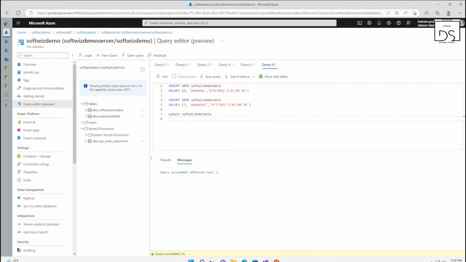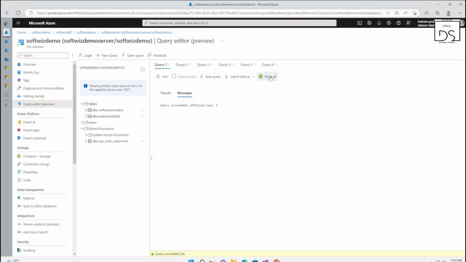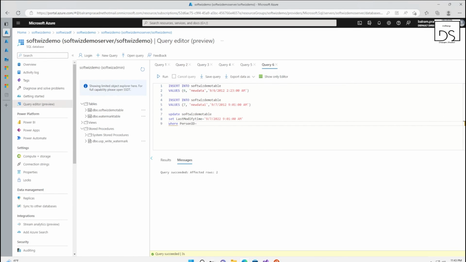Update this one, set last modified equal to, instead of 2020, I wanted to do where person ID equals 6, and then I will do it for 7. So let me run this one, and the same thing for 7. Let's put some different date altogether. Okay,